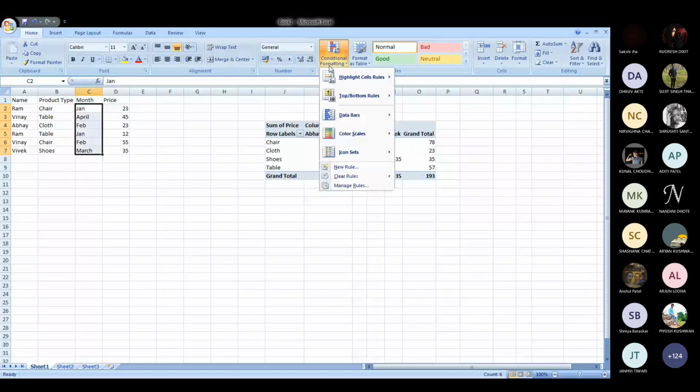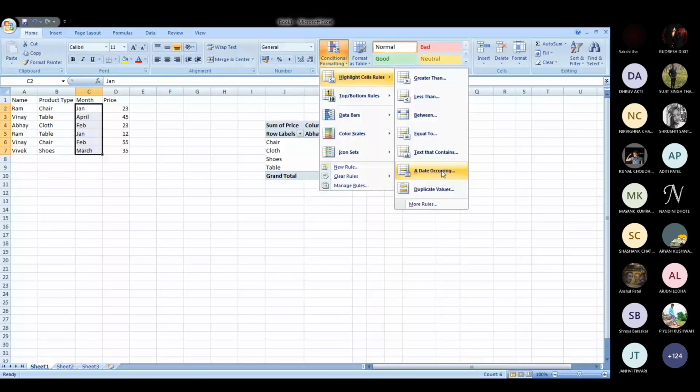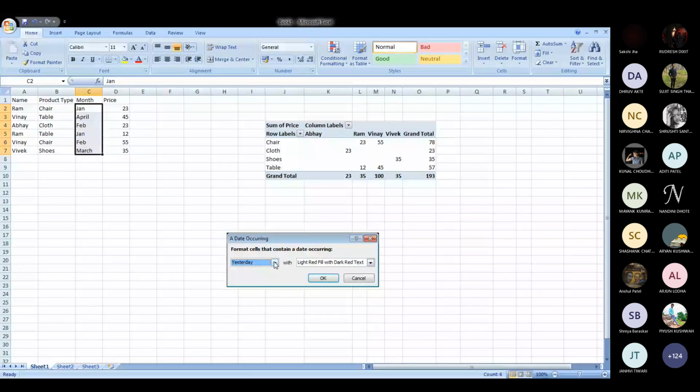And then a date occurring. If I put different dates, like yesterday, all the cells which contain yesterday's date will be highlighted. Right now I don't have any column with dates.